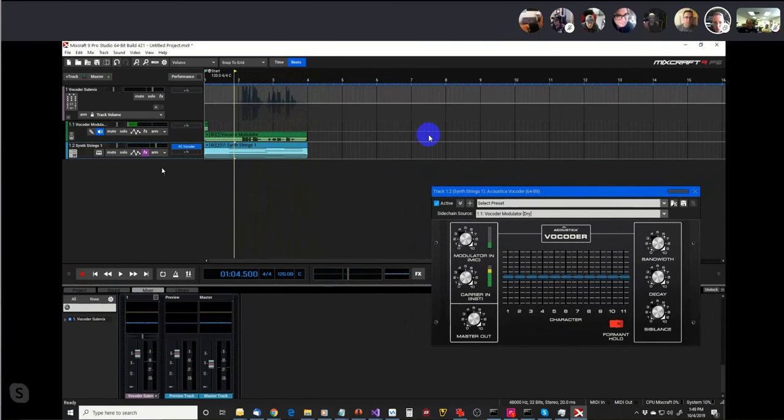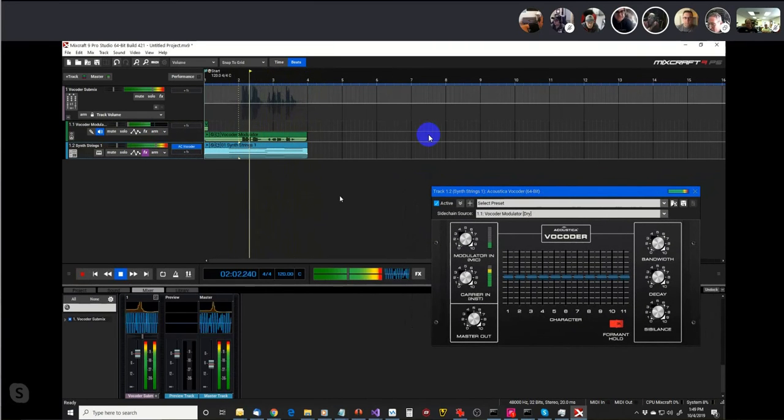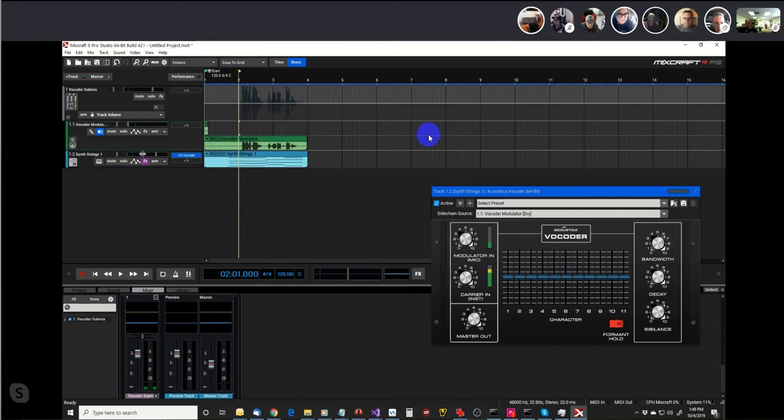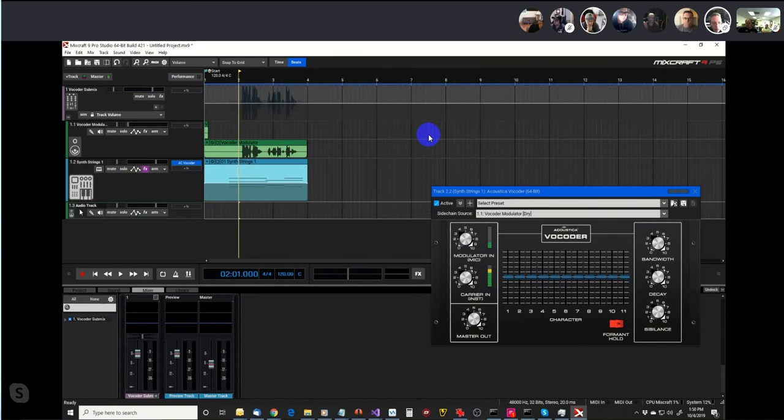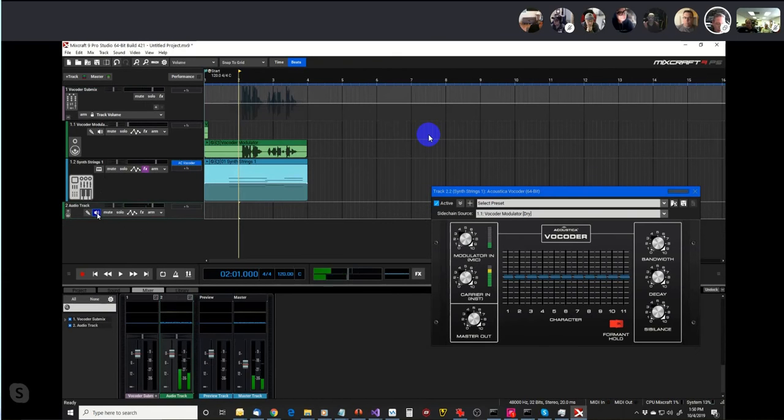So that test didn't work very well, but you can sort of hear the sound that comes out of it. Part of what's new is with an audio track, now with any audio track, you can monitor and tune the track without arming it. In previous versions of Mixcraft, you had to arm an audio track in order to monitor it. You don't have to do that anymore. And what that means is that you can take any audio track, monitor it, and then you can hear the audio and any effects live without having to